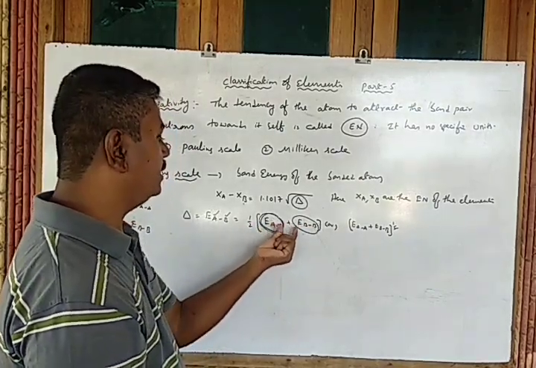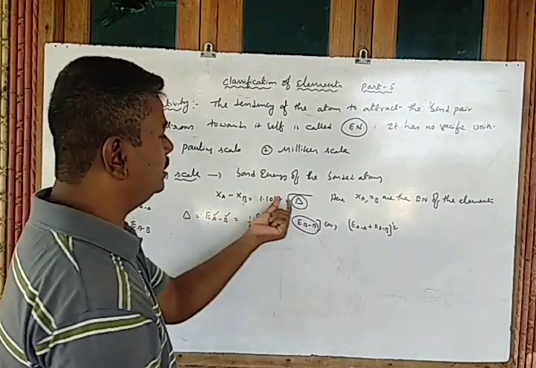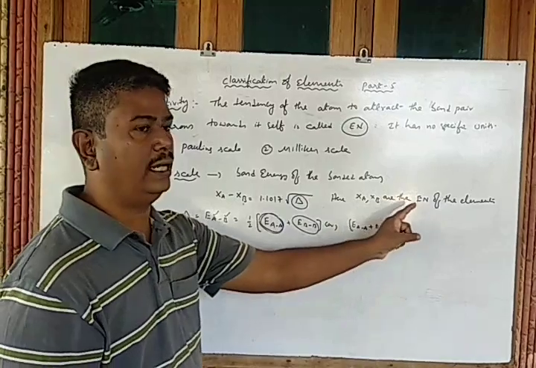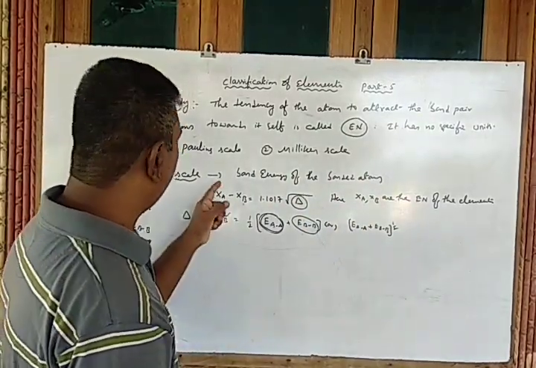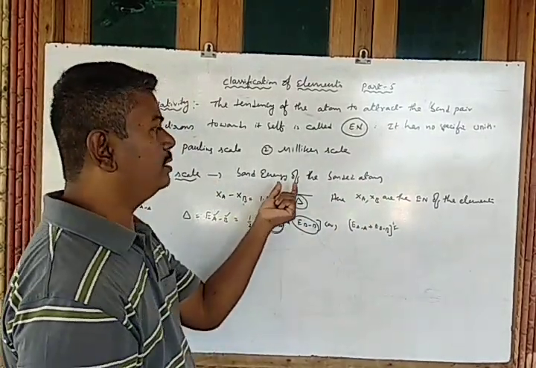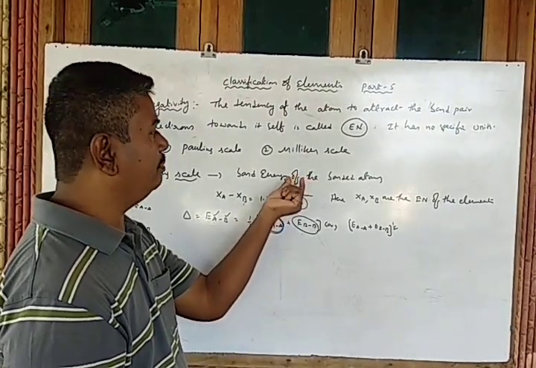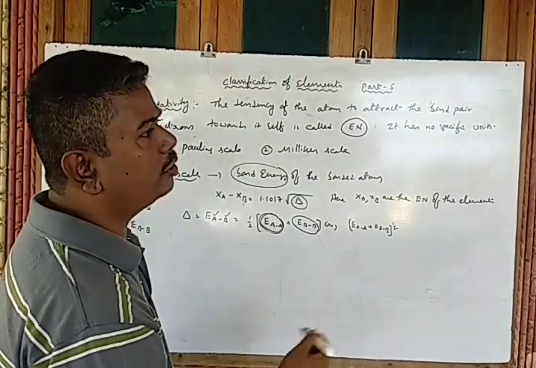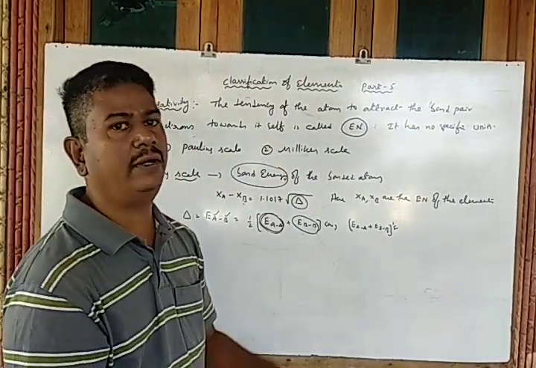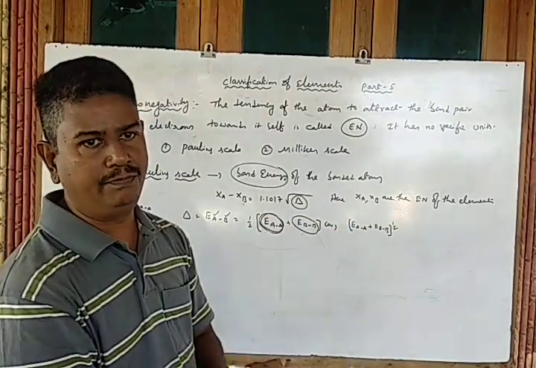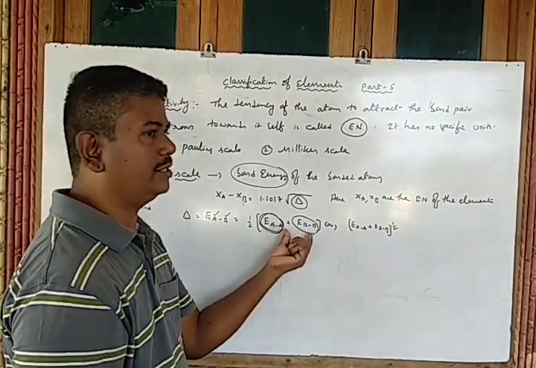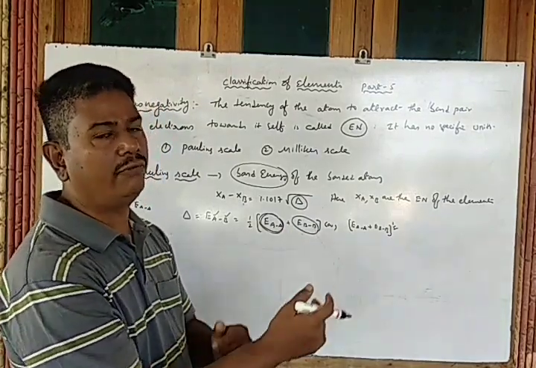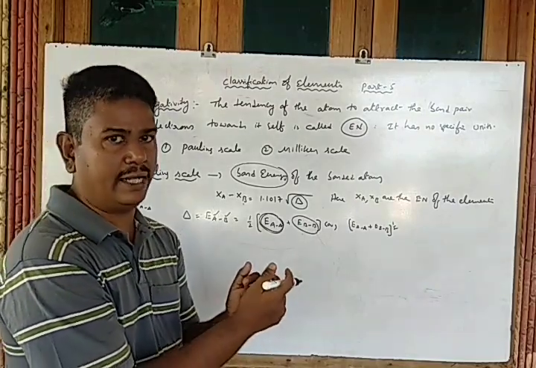So while you are substituting, you get the delta value. That delta value gives us the difference in the electronegativity of the elements. According to the Pauling scale, electronegativity is completely based on the measurement of bond energy only. The one which has more bond energy requires more energy for bond breaking, so automatically the value increases. Clear? So the electronegativity is more for that element which has more bond energy.